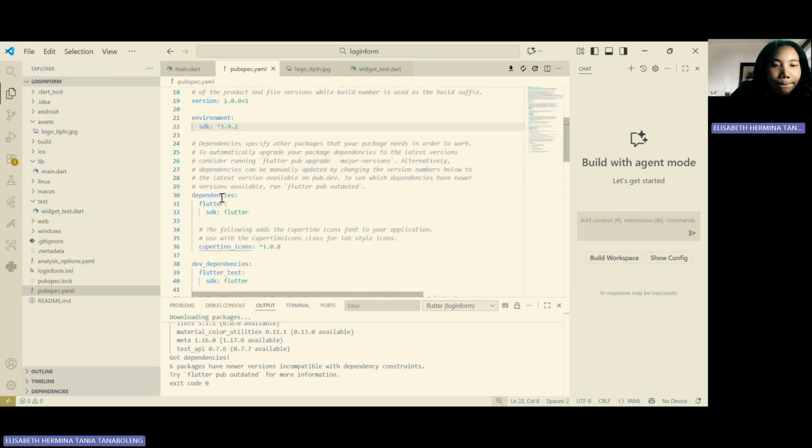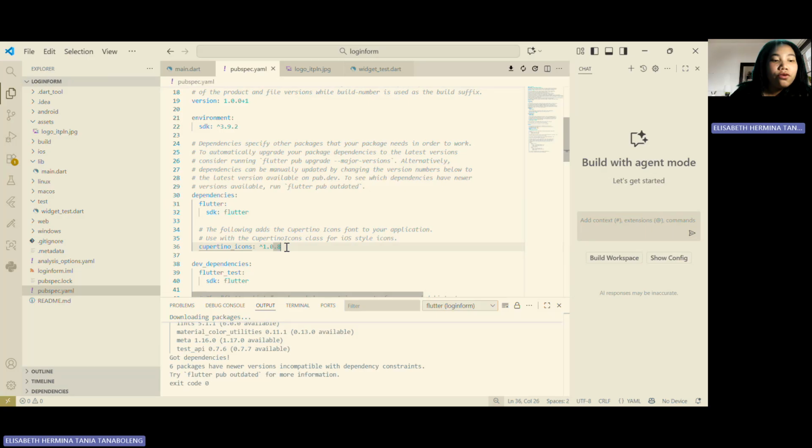Next, dependencies: flutter SDK flutter, and cupertino_icons. This lists all the packages the app needs to run. Number one, Flutter.